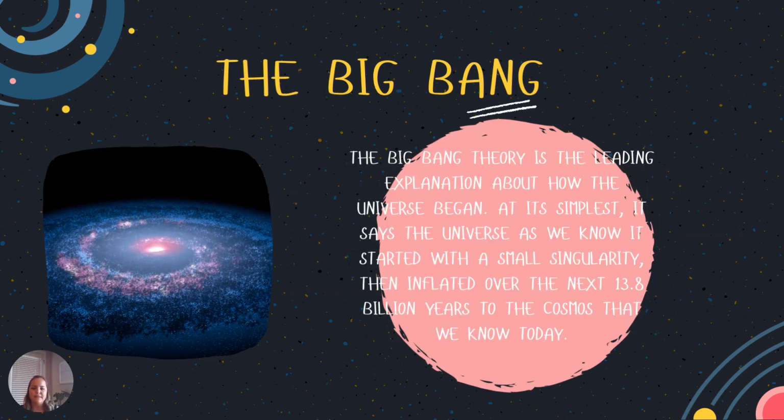All right, so the Big Bang Theory. This is how our universe began. In its simplest form, there was a small reaction between singular matter. So there was very, very simple matter that basically ran into each other, and it made this huge explosion, and everything started expanding from there. So this expansion is part of another theory called the expansion theory. And as we grow, we start to move further and further away from our central point in the universe.